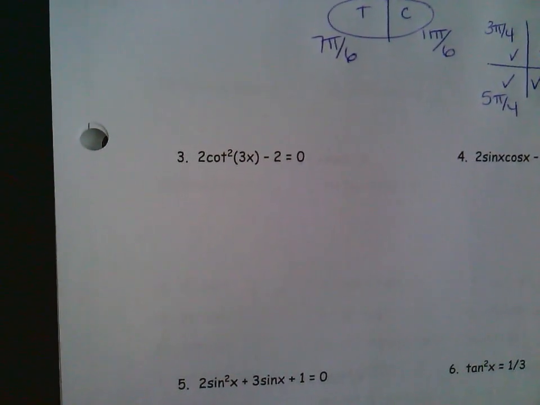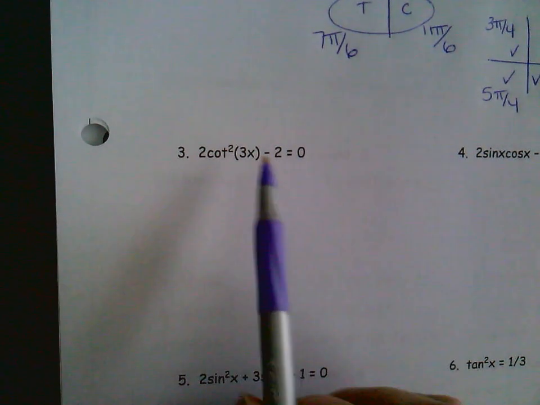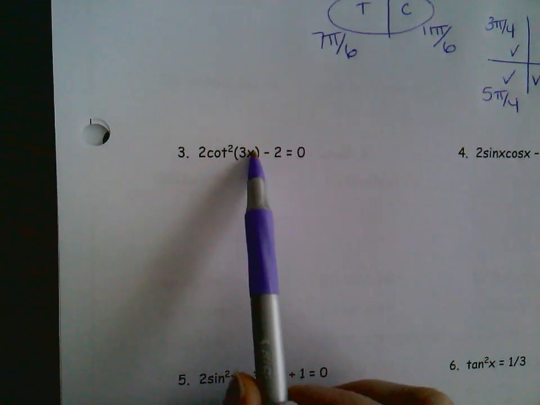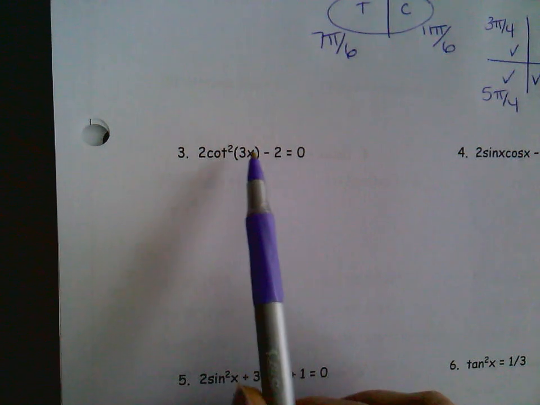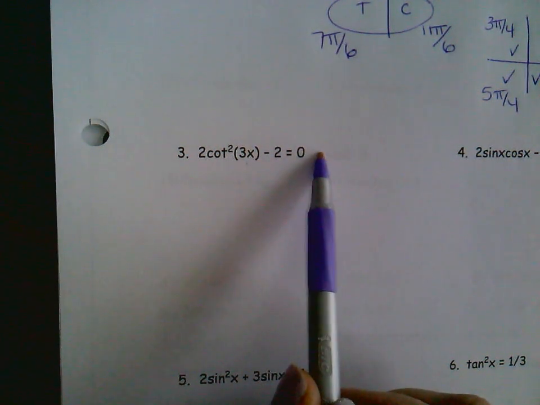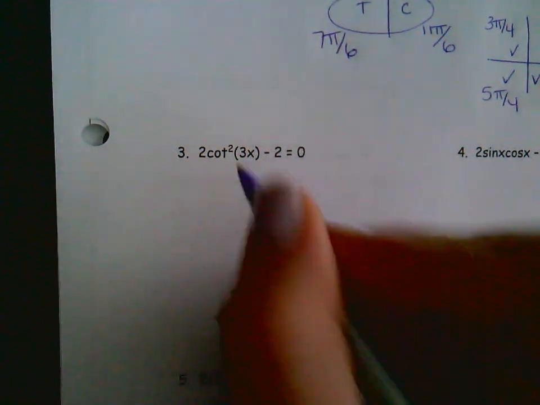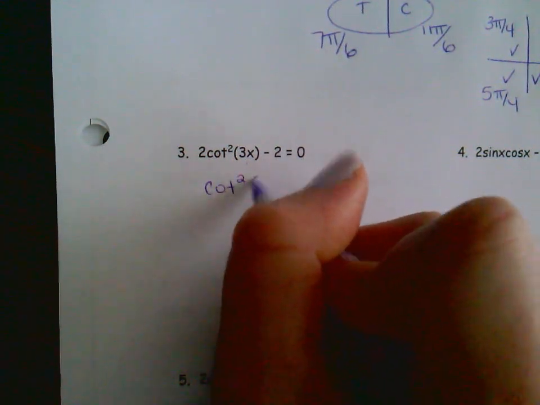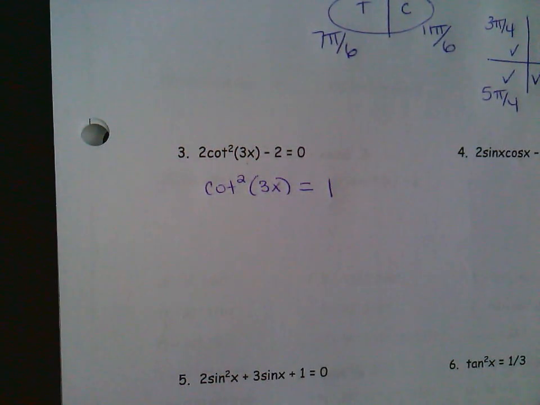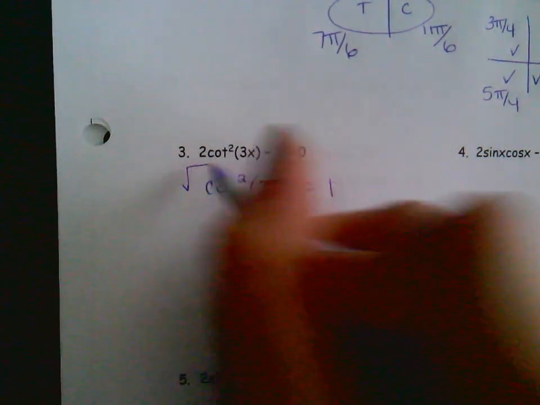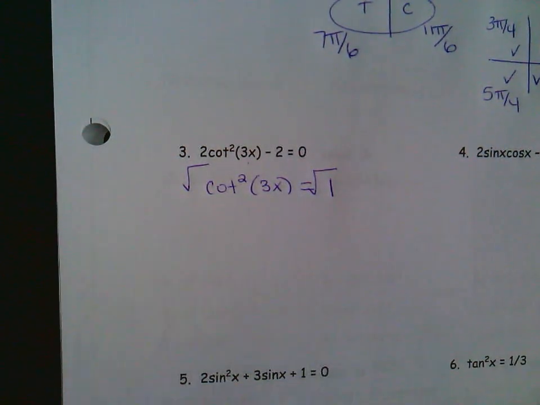Let's see. So number 3 has a 3x on the inside. So that's going to affect our answer a little bit at the end, but we start the problem the same way. We're going to add 2 to the other side and then divide by 2. So that would give me that the cotangent squared of 3x is equal to positive 1. Now when I take the square root of both sides,